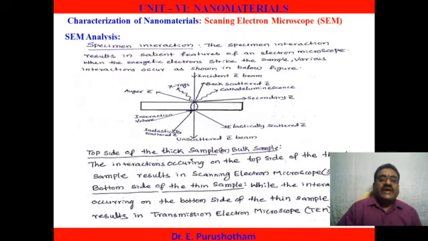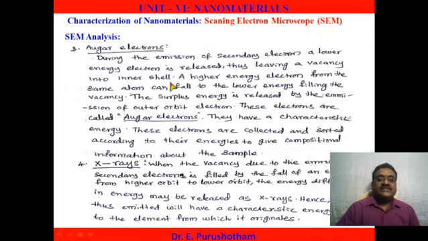So fourth one, X-rays. In Auger electrons, the higher energy state electrons jump into the lower energy state vacancy orbits. So the electrons jumping from a higher energy state to a lower energy state release some energy. It is released in the form of X-rays. These X-rays also give rise to some image, and that image we can characterize.